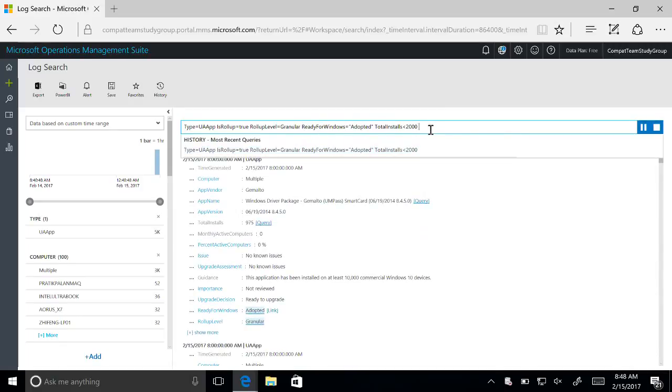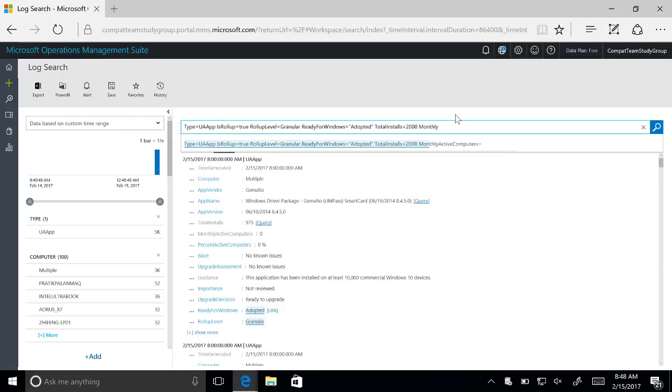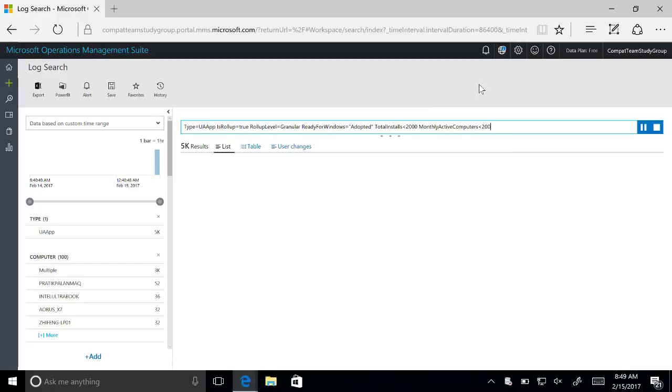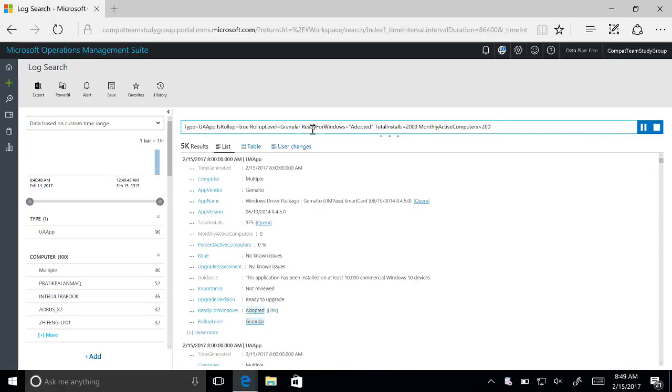less than 2,000. If I add in the monthly active computers piece, we'll say less than 200. Then you'll see we return, when this loads, about 5,000 results. So in this case, we have 5,000 apps within the organization that have that ready for Windows status of adopted, which means they're already on 10,000 machines within the commercial ecosystem, and there aren't significant issues. They're on less than 2,000 of my machines, and they're only being used by less than 200 people within the organization. So if this criteria is sufficient for you to say that this application is ready to upgrade, then you